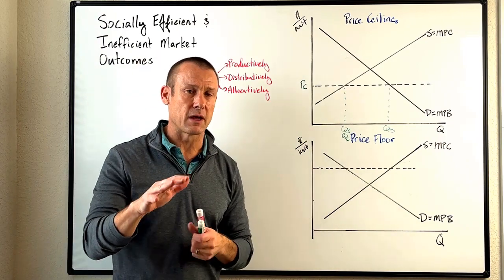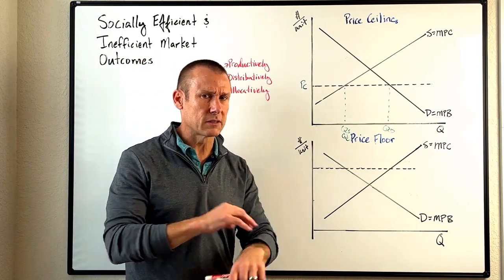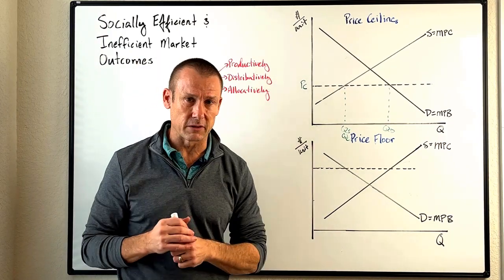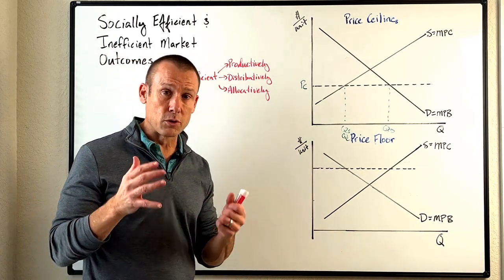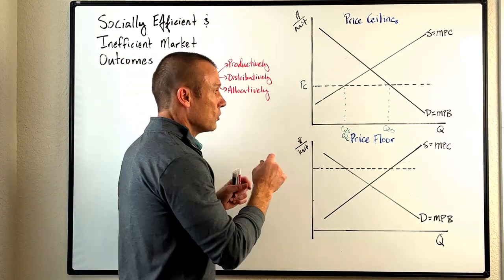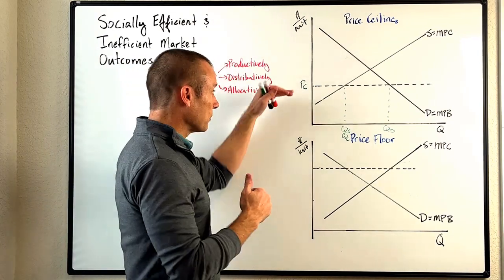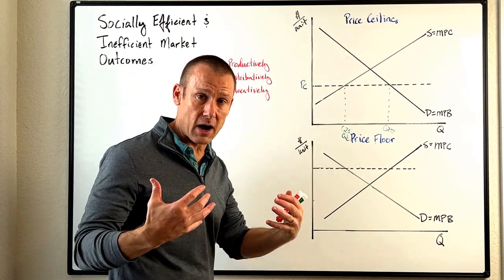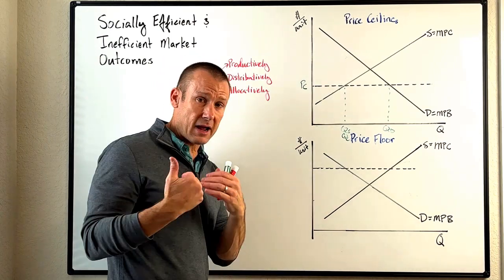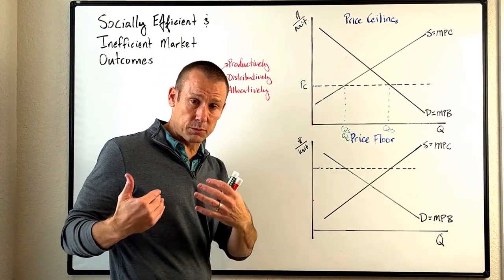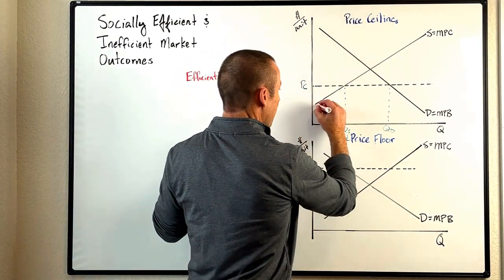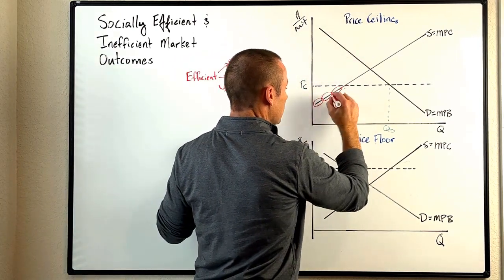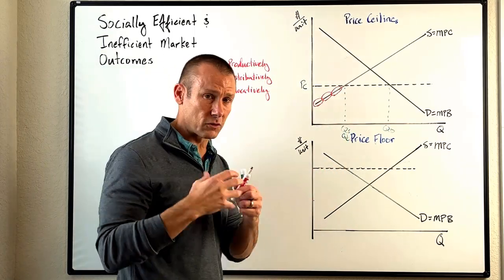Now, the first question I'm going to have is, are we going to be productively efficient with this price ceiling? And generally speaking, we would say yes, and here's why. Only the producers who have a cost of production below PC are going to survive, okay? Meaning it's only the lowest cost producers that are going to survive. To stylize the world a little bit, imagine that was a producer and that was a producer and that was a producer. Now what do I mean by that?